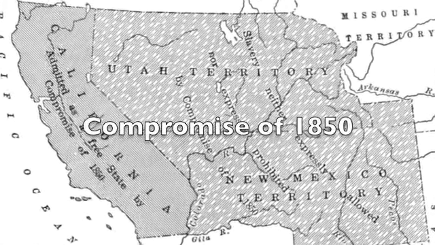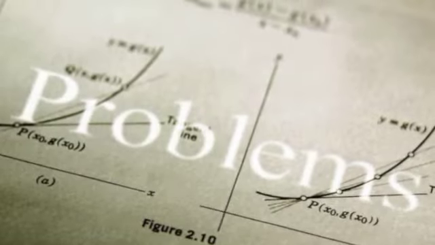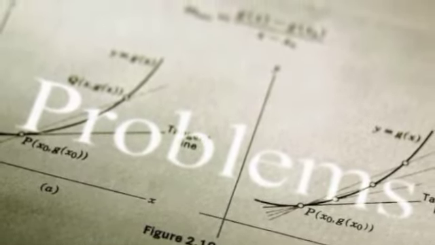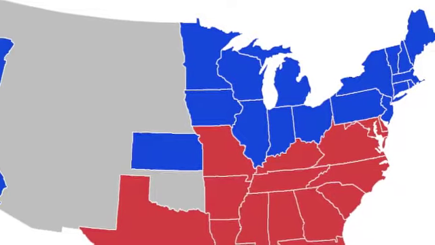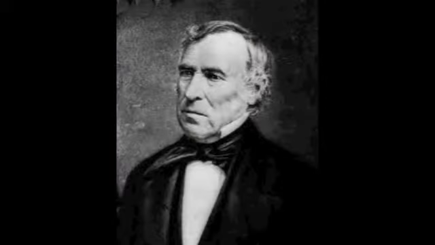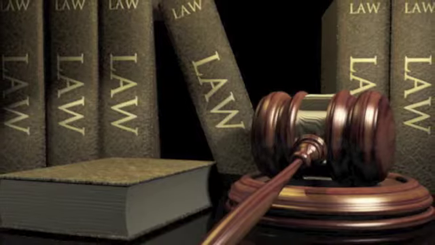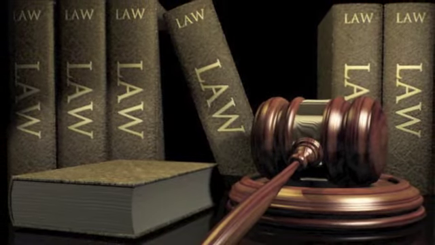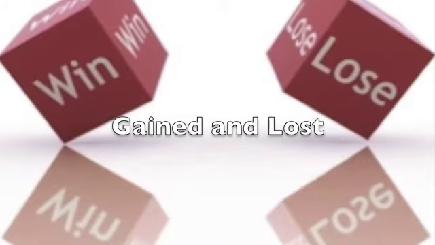Compromise of 1850. The background of the Compromise of 1850. Of all the problems facing Congress in 1850, none were as big as the issue of the balance of the U.S. between free and slave states. After many years of no solution, Henry Clay tries for the third time to sell his idea of a compromise. Once President Taylor died in office, President Fillmore takes over and is more willing to go for the compromise than his predecessor. By September, Clay's compromise was now law.